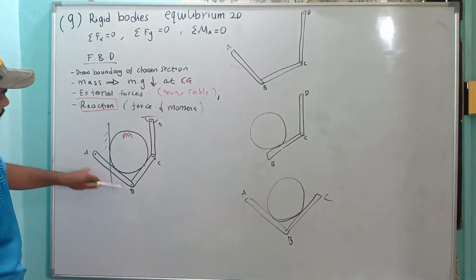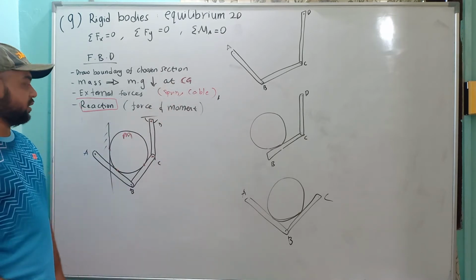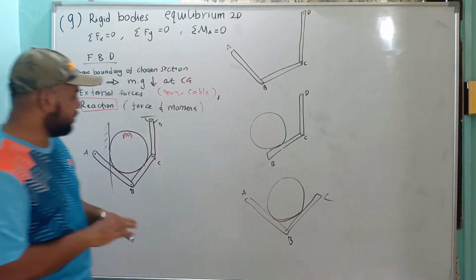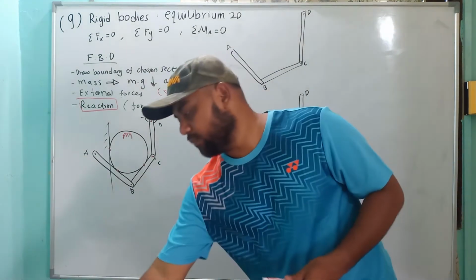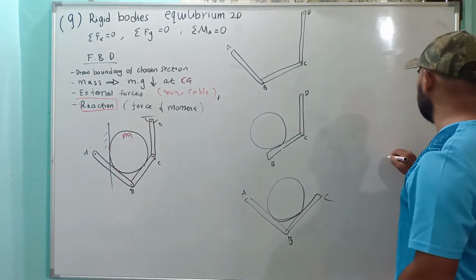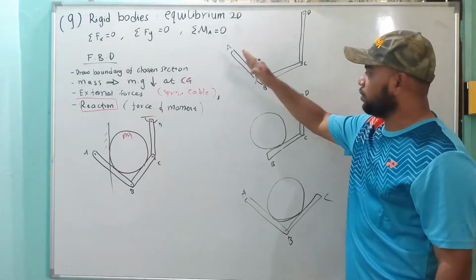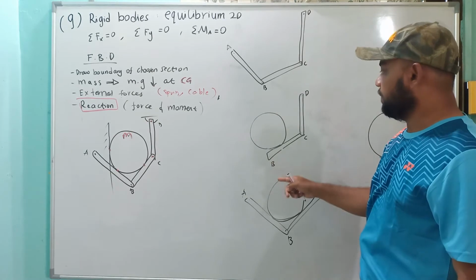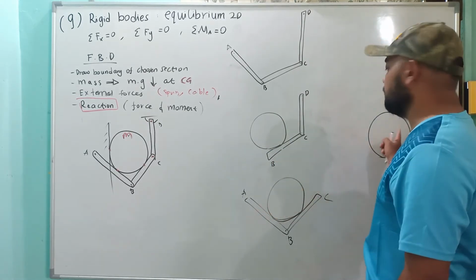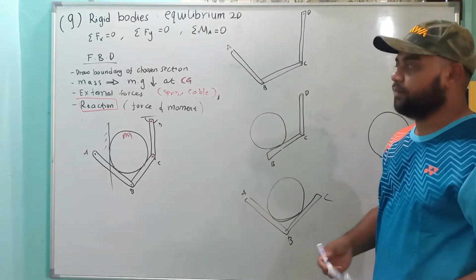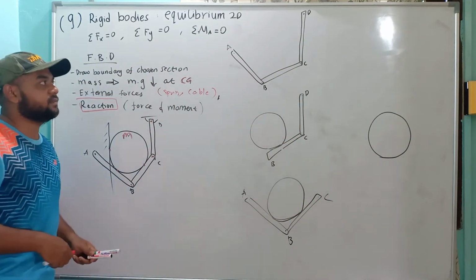So you have A, B, C, and you have to draw several free body diagrams separately. I can add one more. Here the one more is the ball, only the ball. We have this one with only the components A, B, C, D, and so on. But here we have this part as the ball, only the ball. So it depends on the free body diagram. Okay, so we go one by one.